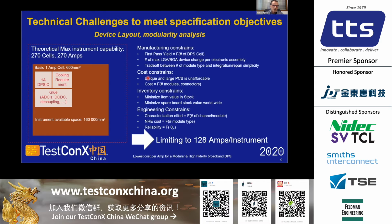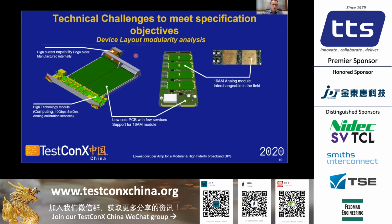So we find out at engineering that we could reach up to more than 250 amp per instrument. This has been reduced and divided by 2 just to ensure a high reliability and a low theta JC, junction temperature at the amplifier. Our systems are air cooled, and so we need to ensure that the amplifier is properly cooled. So we have retained 128 channel as being the optimum number,